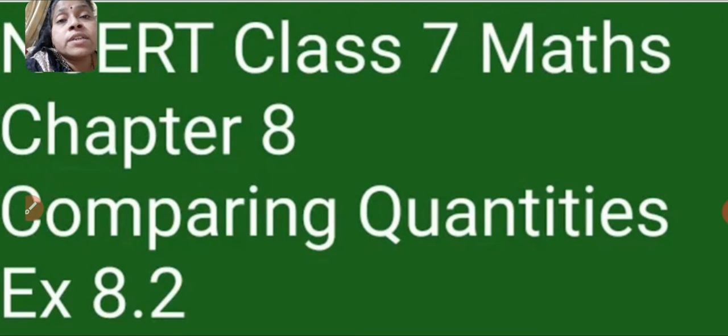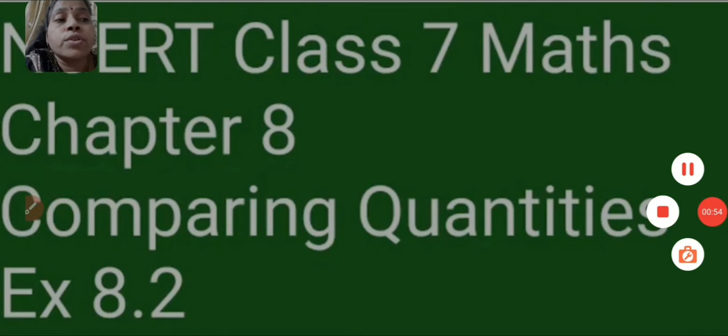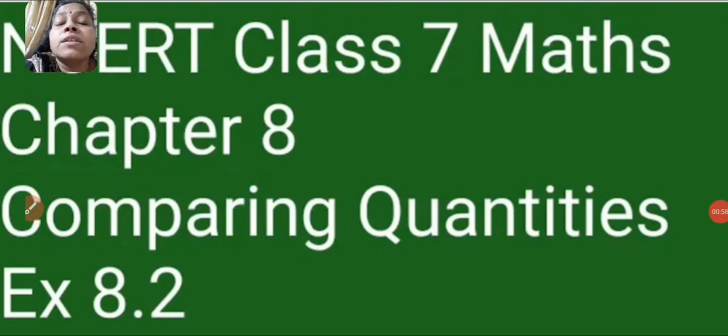We know how to convert a fraction into a percentage and a percentage into a fraction. You have to see: if the denominator is 2, you have to multiply by 50; if the denominator is 4, you have to multiply by 25. So make the denominator 100. Conversion is very easy. To convert a fraction or ratio into a percentage, make the denominator 100.